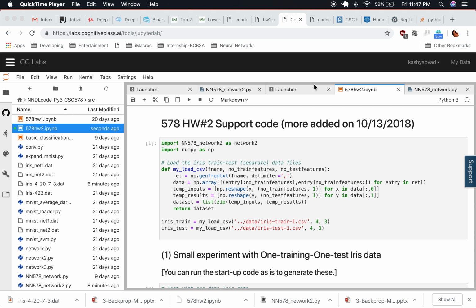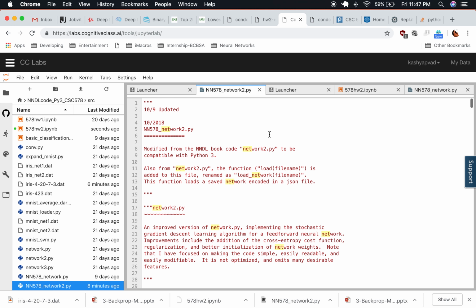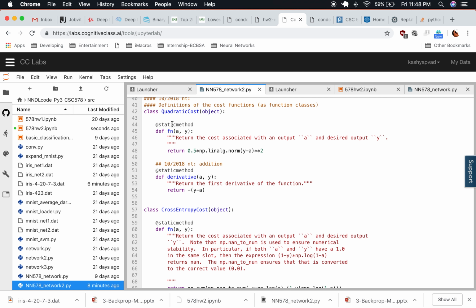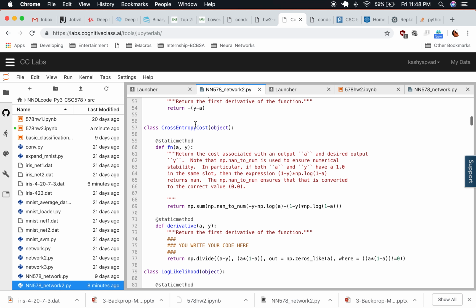187724243. So this is my video for the code walkthrough. This is the application code, and this is the network2.py file. I have added functions for derivatives and calculating quadratic cost. This is for cross entropy,